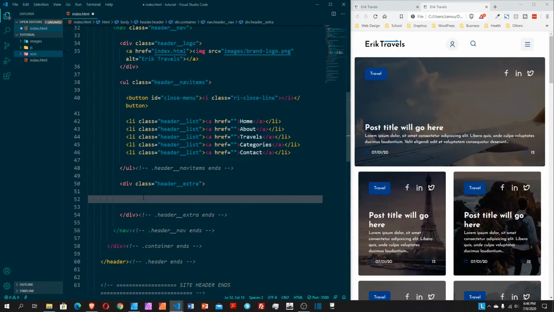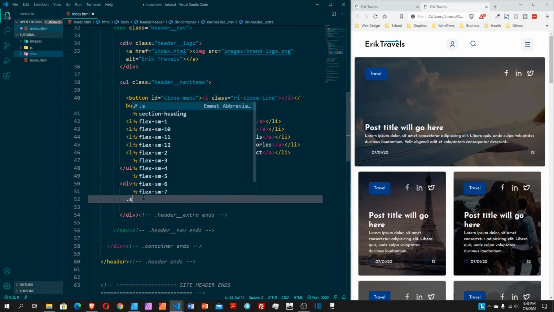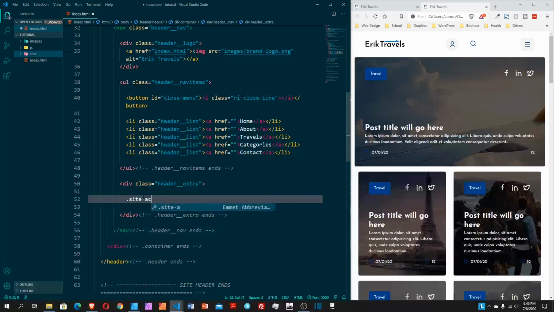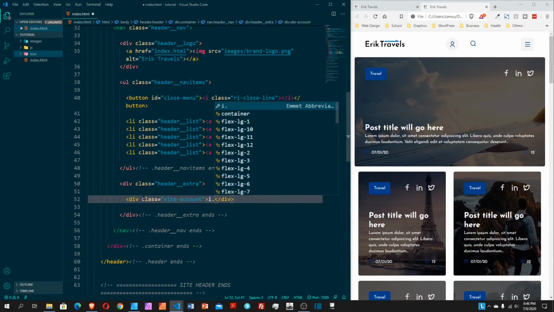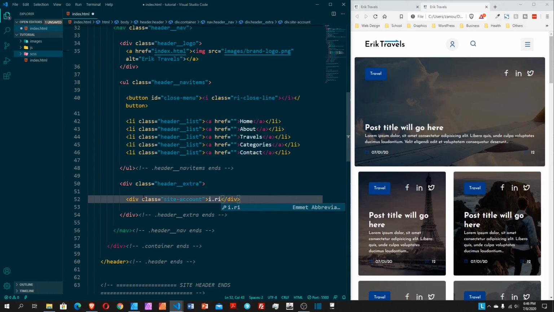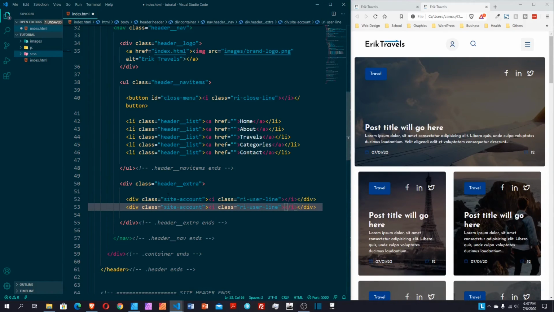Now I will create another wrapper, a div with a class called sites accounts, and I use the icon with a class of RI. I will duplicate this with Shift Alt down arrow key, and name this site search. It will be the search icon,